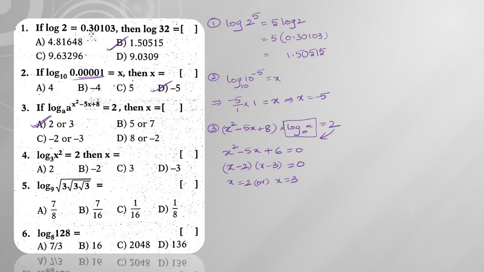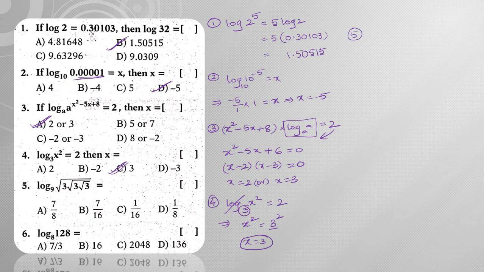Next, moving on to question number 4. So in question number 4, logarithm of x square to the base 3 is equal to 2. So we can convert it into exponential form, or by using power rule also we can solve it. So here I am going to convert it into exponential form. So this log I cancel it, and then this becomes x square is equal to 3 square, because the base will be changed as exponential base. So on comparing, x is equal to 3. Hence the answer is x is equal to 3.